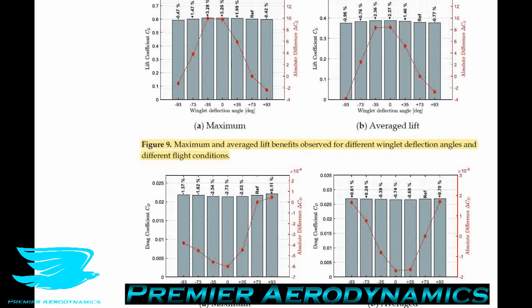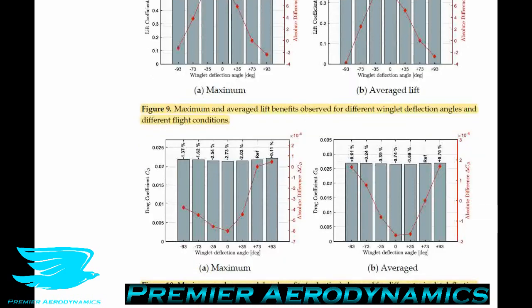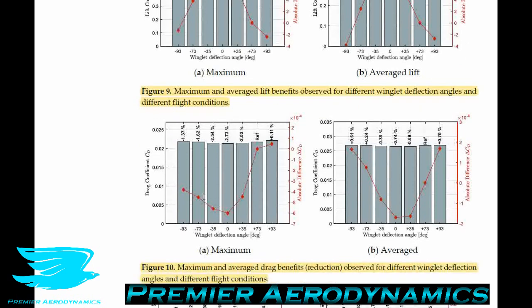Let's take a gander at the drag coefficient now, which is figure 10. For figure 10a, which shows the maximum change in the drag coefficient with the different winglet pivot angles, we see pretty much across all pivot angles of the winglet, there is a reduction in the drag coefficient. However, it should be noted that all of these changes fall within the drag error I concluded from the last podcast. So we do find that even when we have a winglet of 0 degree deflection, like pivot angle, so it's completely flat, we get a reduction in the drag coefficient of 2.73%,